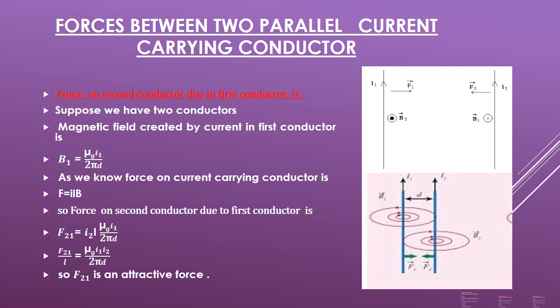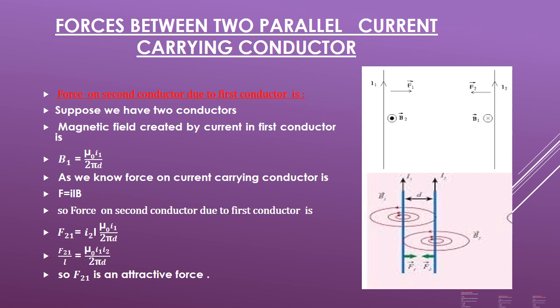So we start the calculation. What is the direction of that magnetic field? It is at right angle to the current. So the motion of electric charges should be at right angle to the magnetic field. And now how much is the magnetic field strength created by conductor 1 at a point at a distance d? So the magnetic field created by current I1 in the first conductor is B1 equals mu naught I1 upon 2 pi d.